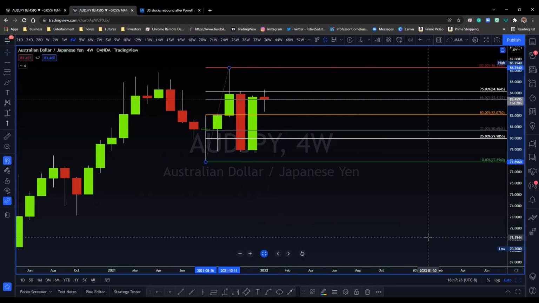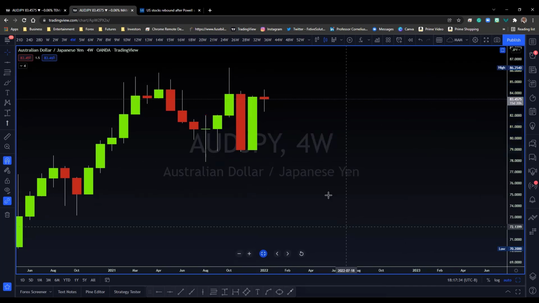So you have to make sure you're dialing in the proper pivots, because without the proper pivot, you'll just look at this and say, oh, here's supply right here. It's already hit it. It should be on its way down. And then you'll put a market order to short, and that thing's going to go up another 100 pips. And you'll be trying to figure out what you did wrong. What you did wrong was you didn't have your pivots correct,